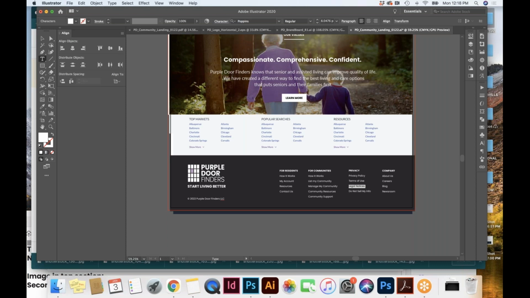Then for community, how it works. If we think how it works for residents and community saying the exact same thing is a problem, we can change one of them. Do we think that that's confusing? Legal notices? No, here that says how it works under residents and how it works under community. I don't know.